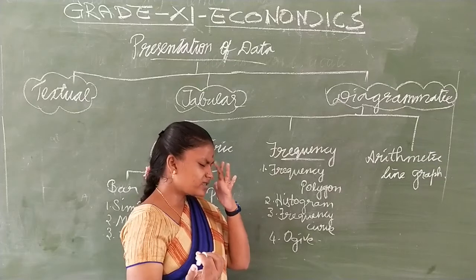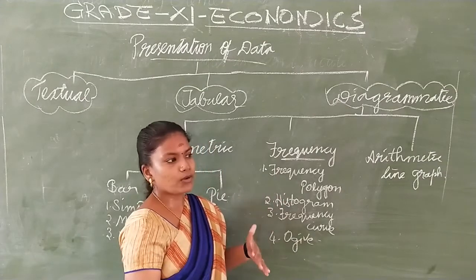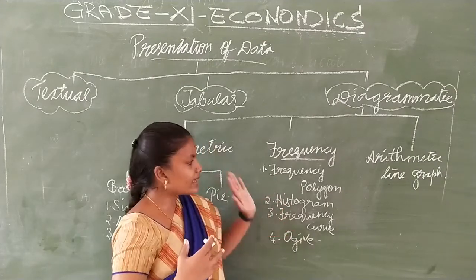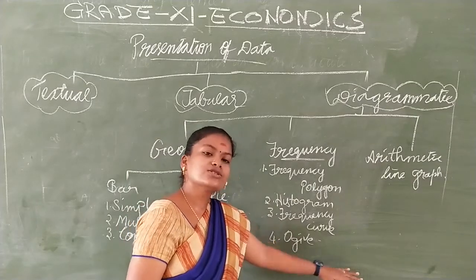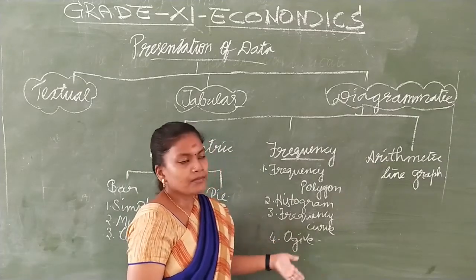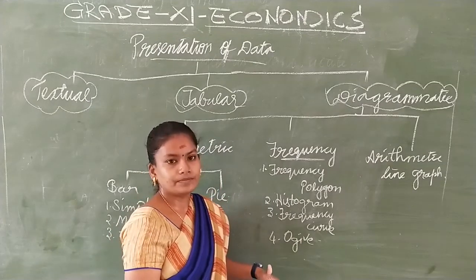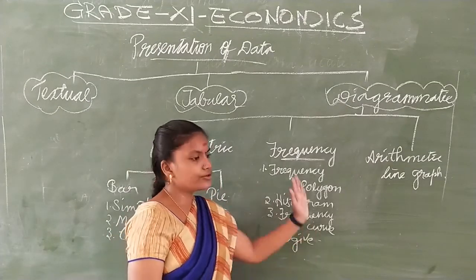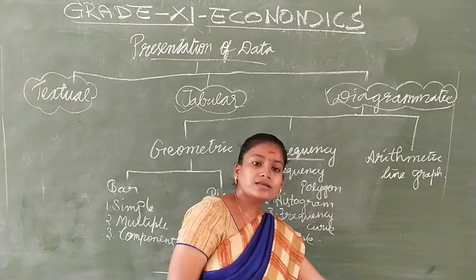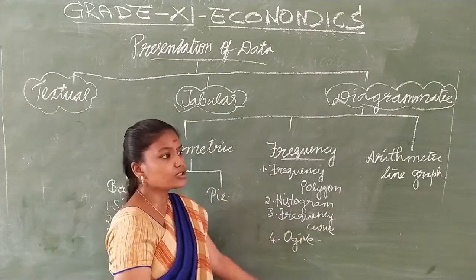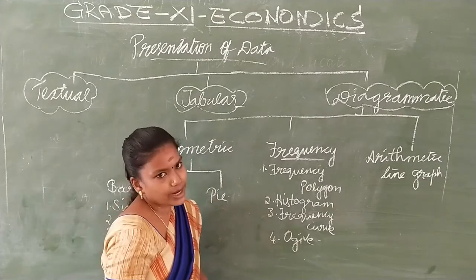We have to deduct it and add it to the upper class limit, lower class limit. So in the x-axis, what do you mention in a histogram? You give the class limits, and in the y-axis you give the frequency. Okay, and then what do you do? You draw continuous rectangular bars, which is called a histogram.